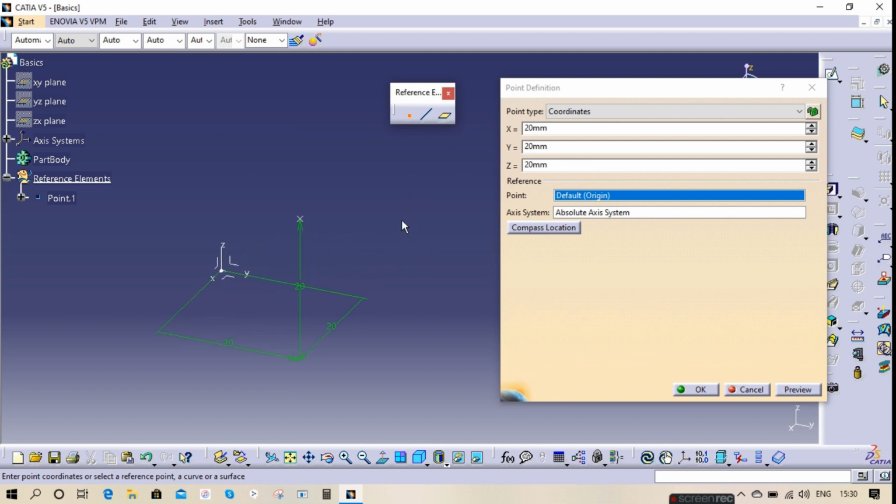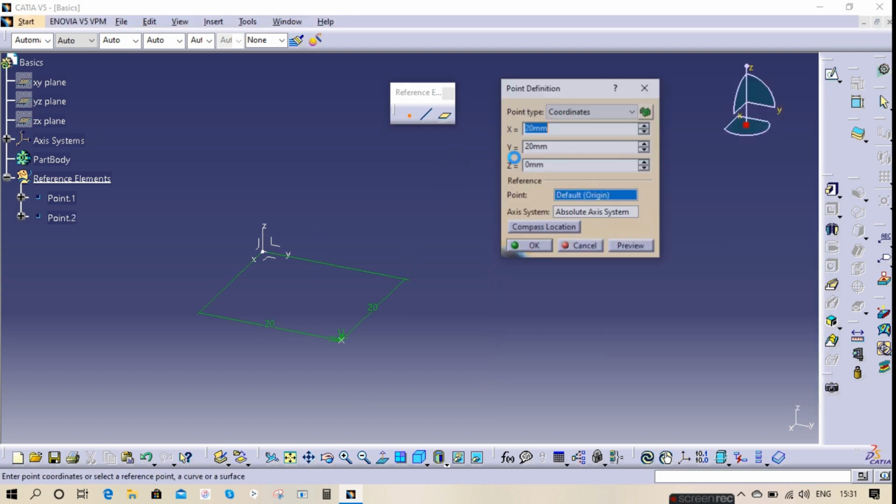If you see here, x is 20 and y is 20 and my point will be here, and if I give z 20 it will be here. If I remove the 20 in z direction, my point will be in x and y, and in z my point is 0. This is how we create a point in coordinates.